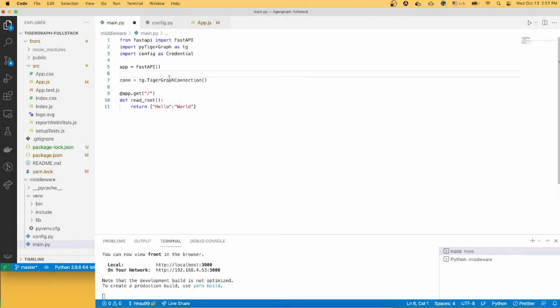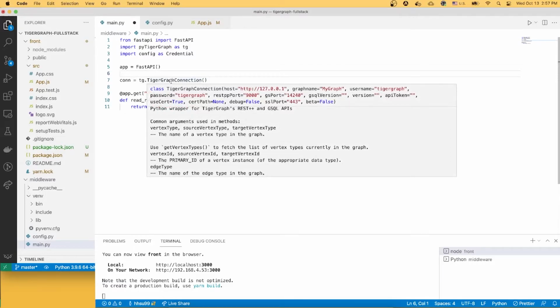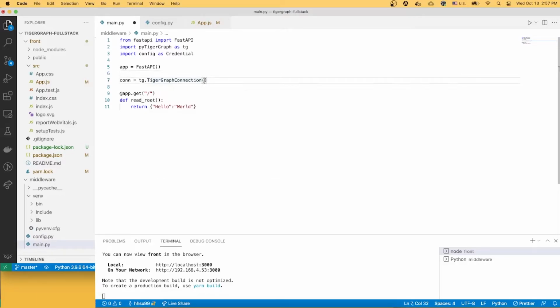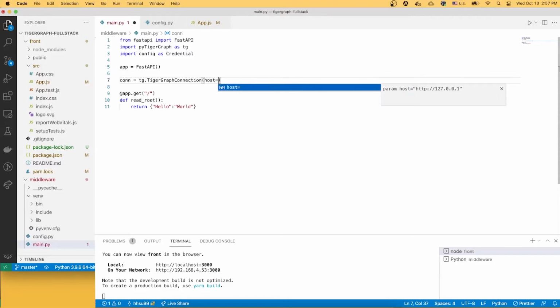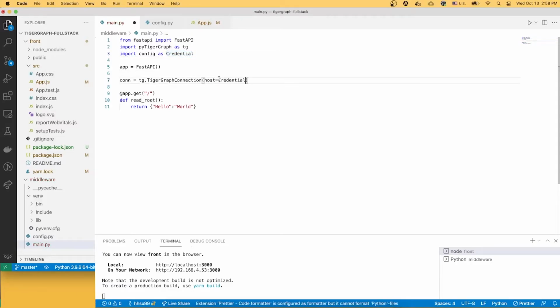You can also reference these in the pyTigerGraph documentation. The first parameter would be the host. Host equals credential.host,